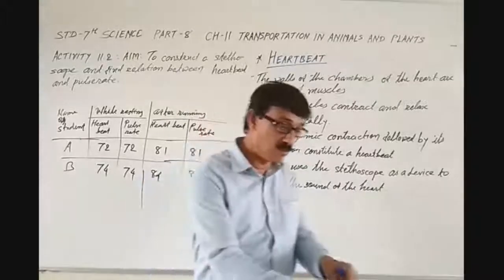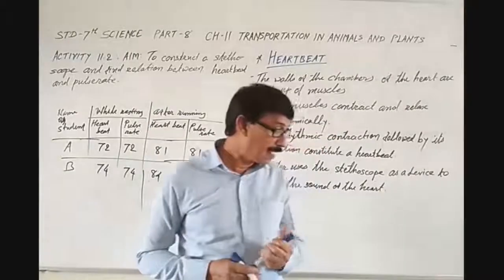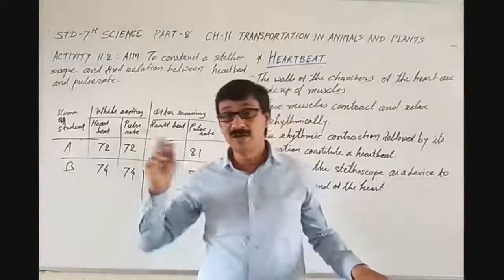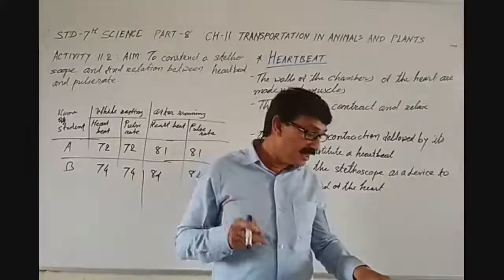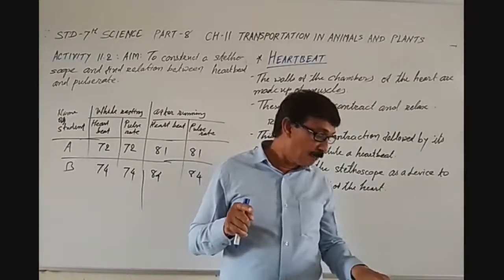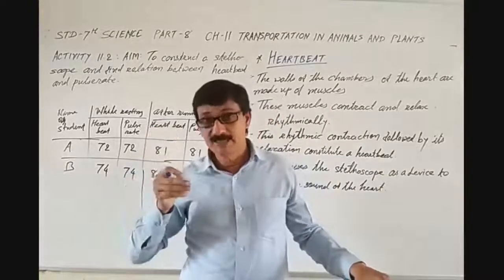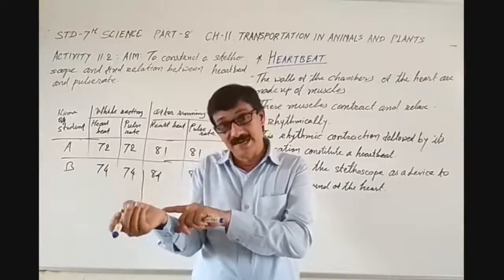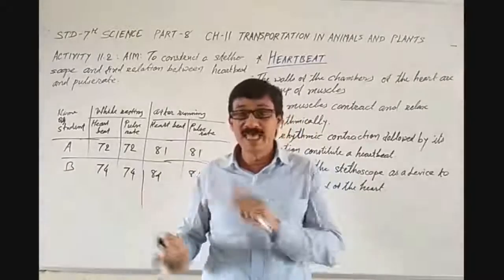It is on page number 126. Each heartbeat generates one pulse. So one heartbeat generates one pulse. That is why each heartbeat generates one pulse in the arteries, and the pulse rate per minute indicates the rate of the heartbeat. See, because of the heartbeat, the pulse is generated. So as per the heartbeat, the pulse will be there, right?